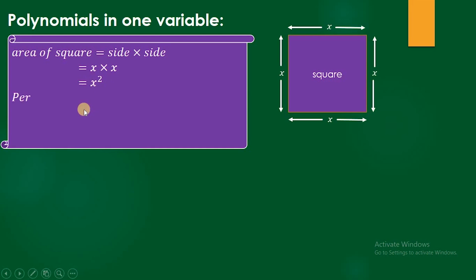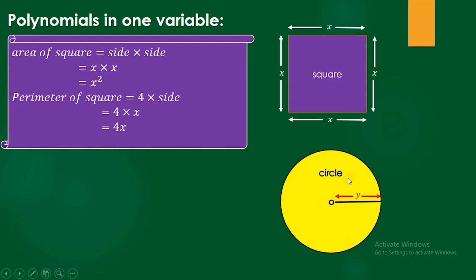And again we can find the perimeter of the square, and the perimeter of the square is 4 times its side. We have 1, 2, 3, 4 sides, so 4 times side, which is equal to 4 into x, as each side measures x unit. Therefore, we will get 4x. Again, 4x is a polynomial because the power of the variable is a whole number. x alone means it's raised to the power of 1. Okay, let's take another example.